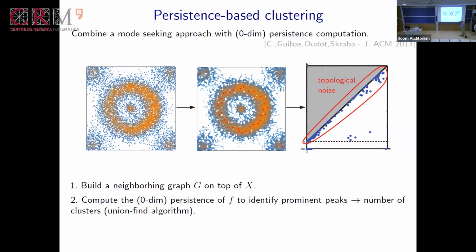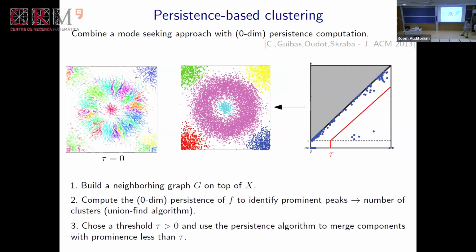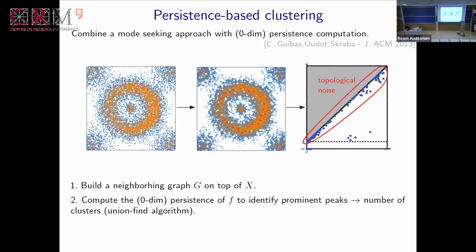The problem is that if you do this in a naive way, this is the kind of thing you will get. Even if your function is smooth, as you have discretized it on a graph, you will have a lot of local maxima for your function, and each one will give rise to a small cluster, and you get something which is really not satisfactory. So one very simple idea is to get help from the persistence of the sublevel sets of your function